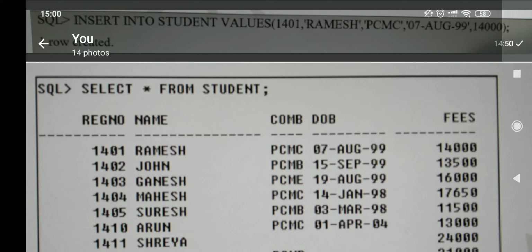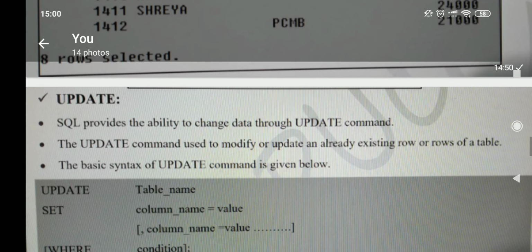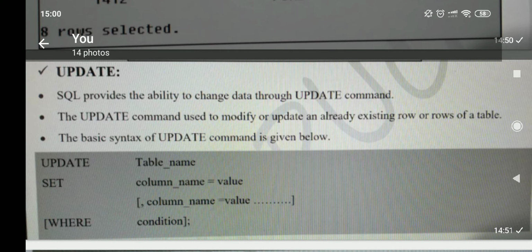Select command. Star means all the rows you inserted, you will come to know. Okay. So next one is update. Why do we use the update command? For rows you entered, you want to make changes to the entered rows. Here you shouldn't be confused between the alter command and the update command. With the alter command, we are going to change the column headers, whereas with the update command, we are going to change the row values.